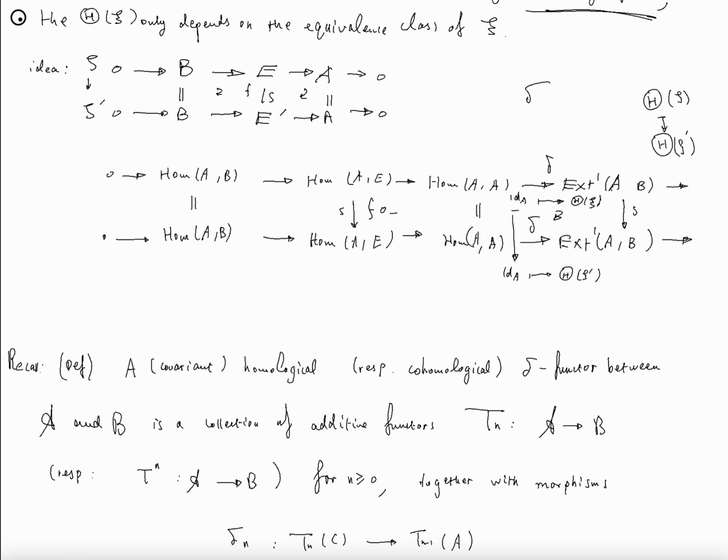This is an isomorphism because it is induced from the vertical maps